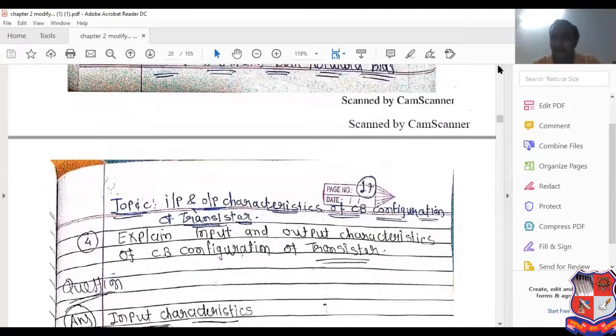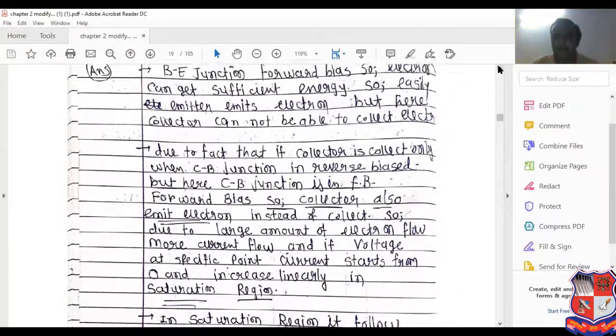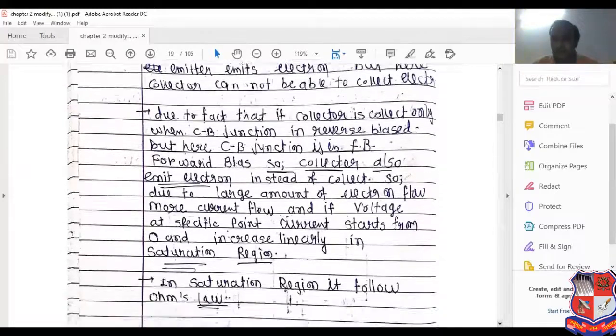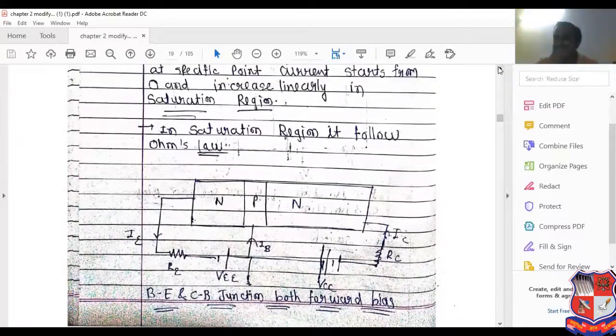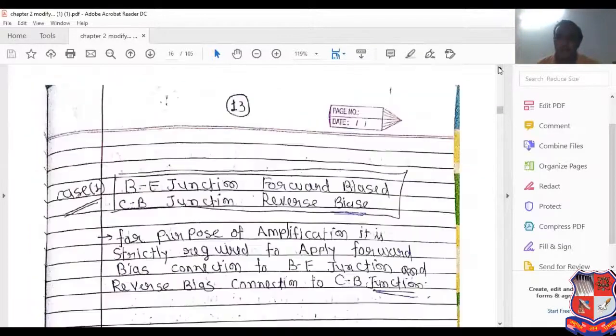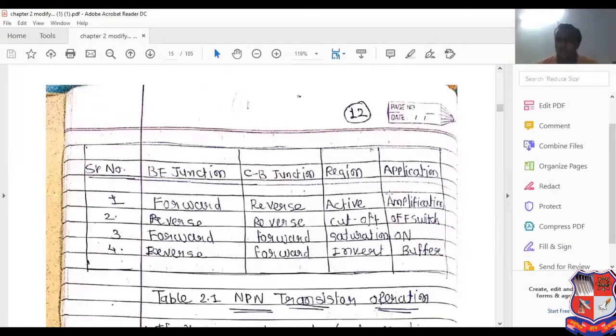So what is the last conclusion? See the forward bias diagram. The P terminal is connected to the positive terminal and the N terminal to the negative. It is forward bias, and in forward bias it can be considered an on switch. So see this table very carefully. It is most important for MCQs.